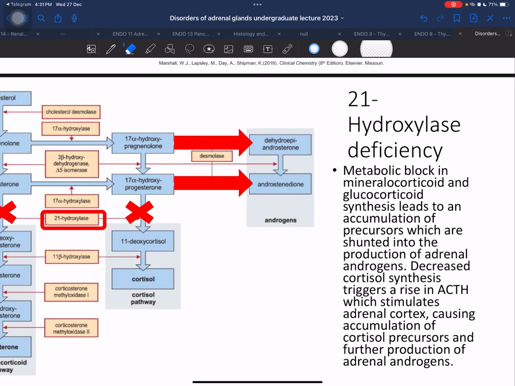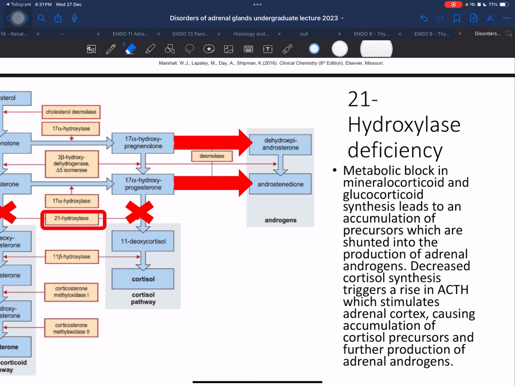Right, so in patients with 21-hydroxylase deficiency, what happens is that they have a mutation or they lack this enzyme over here. So what happens, this place is blocked, correct or not? So they don't have aldosterone, they don't have cortisol. And whatever is produced here won't just stop here, right? It will definitely go to its end product. So all of these will be channeled to form androgens. So what happens to the patient? The patient has no mineralocorticoids, the patient has no glucocorticoids, but the patient has too much androgens. Okay, next, I explained all of this before I tell you the signs and symptoms.